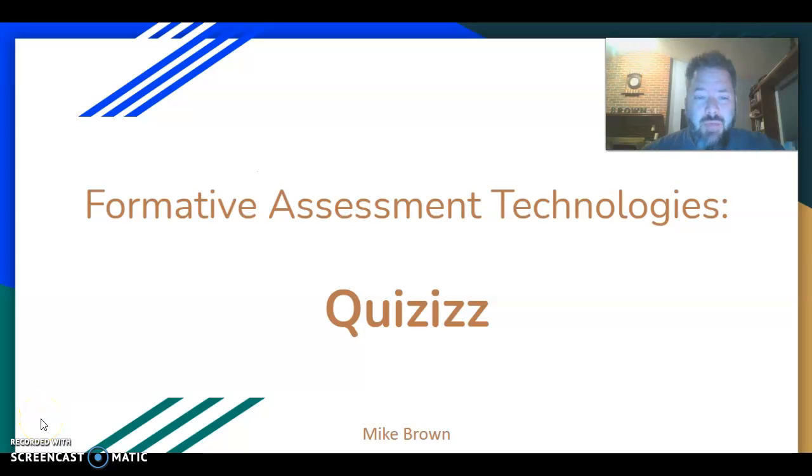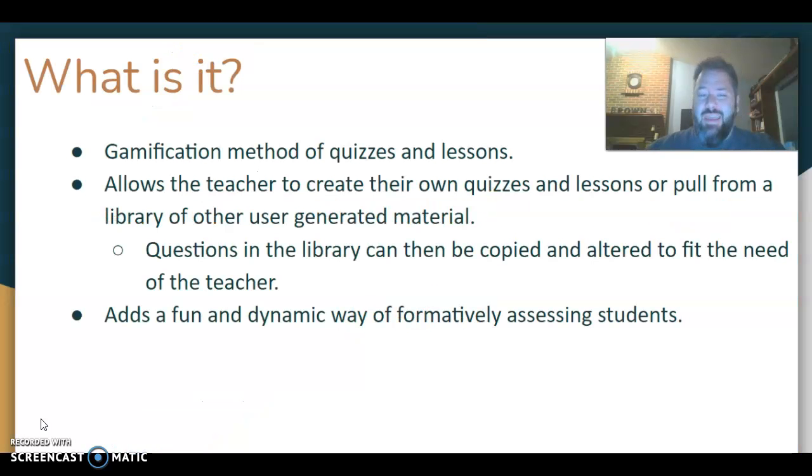Hello everybody, this is my formative assessment tool that I chose to investigate, which is the program Quizzes online. What is it? It's a gamification method that uses quizzes, and there's also a lesson portion to it. But it allows the teacher to create their own quizzes and lessons or pull from a repository library of user-generated